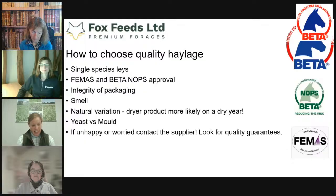As Katie said, in a year with potential forage shortage, please try not to discard bales if it's not totally necessary. This year has been a dry year. Our products have been a tad drier than normal. So this year, all the moisture testing I've done so far has thrown results between 35 and 40% moisture. Some other years that might be 35 to 45, 40 to 45 if it's a wetter year. It doesn't mean that there's anything wrong with the product. It's still wet enough that it's going to ferment completely,